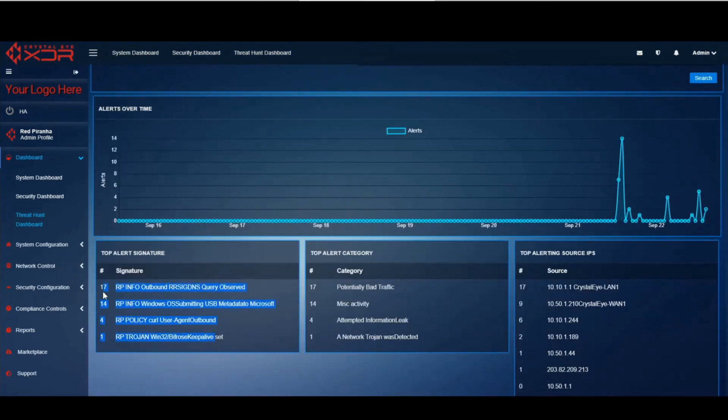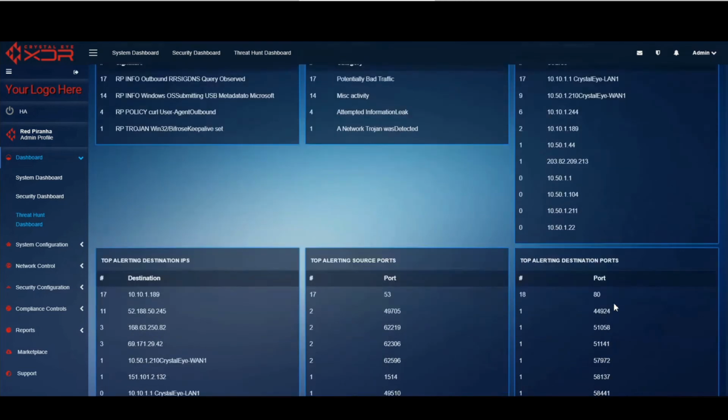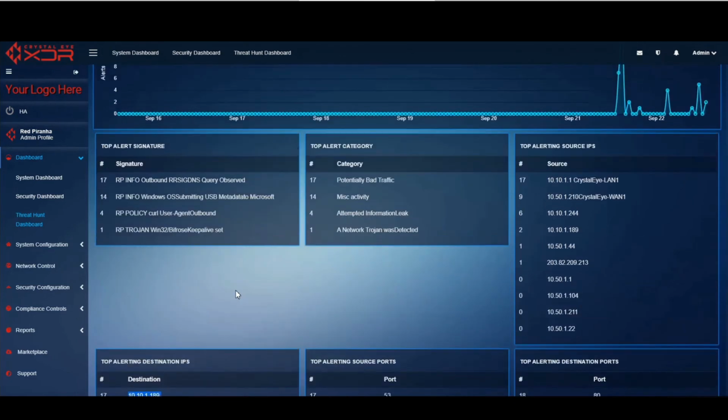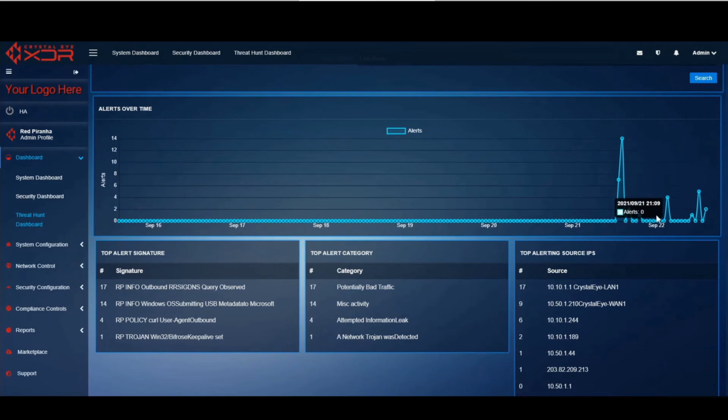I would see more and more signatures here. And I would see which source IPs, rather, what's the destination and what's the source. This may give me useful information on what needs to be checked within the environment, particularly in incident response scenarios whereby you have the potential of a compromised machine. You're looking for a threat actor pivoting from machine to machine. I might be looking at certain protocols for detecting that,